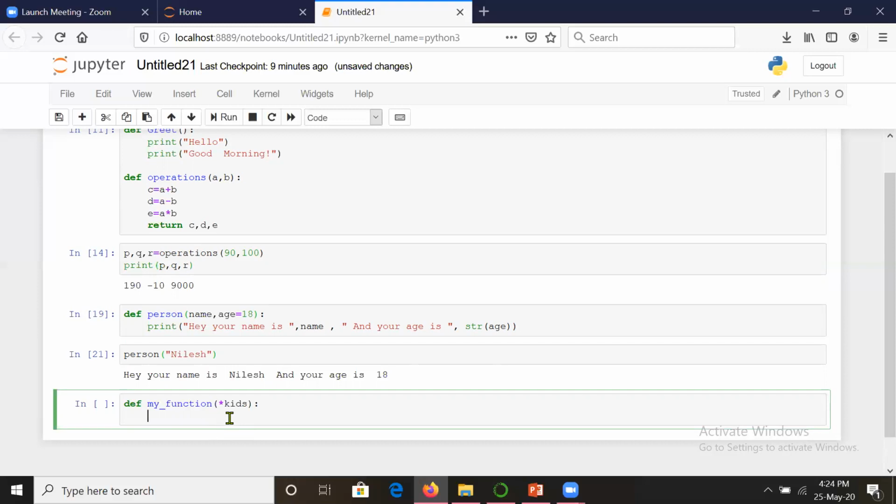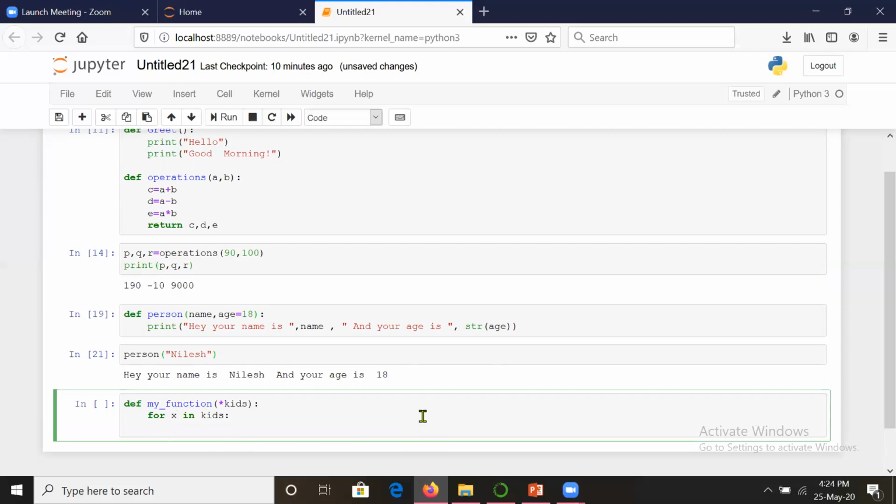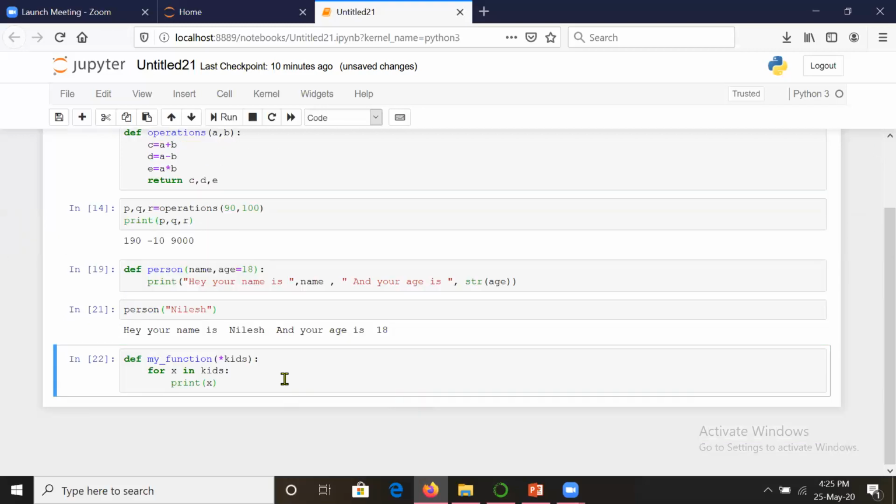Now we want to access these elements one by one. So we will be using a for loop there. Suppose I say, let us say, for x in kids. This way I will iterate through the collection. Mind well, collection. If you have not attended my previous tutorials, please attend the lectures on tuples, dictionaries, sets, and lists, and your concepts will be clear. So here kids is our collection, and for iterating through the collection I'm using a for loop and just saying print x. Okay, so this way I have written the function. I'm executing it, no error. Let us call this function.